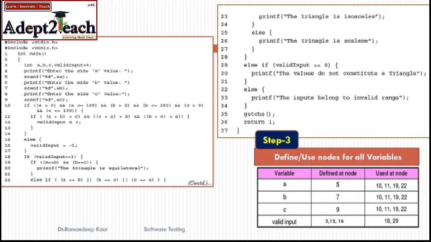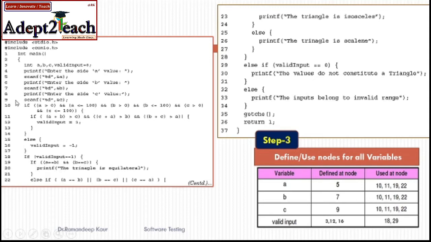So here in this program, variable A is defined at node number 5. So at node number 5, it gets the value. So I have written here node number 5. Likewise, in the entire program, if I see, there is no redefinition for variable A. So nowhere is A receiving a value again. It is only used, it is only referenced.